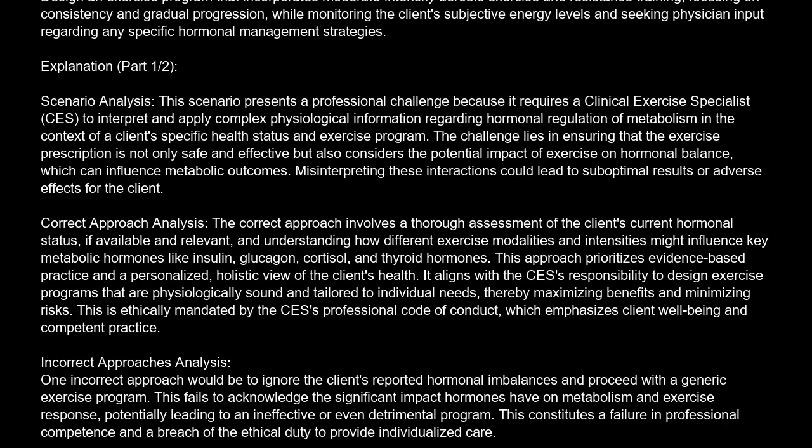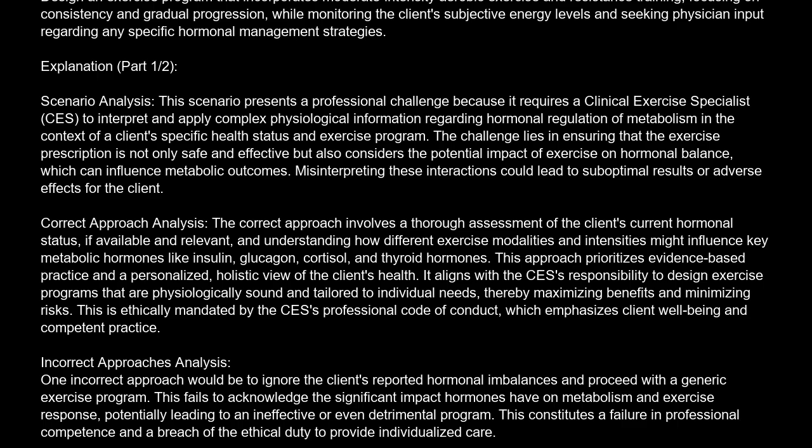Correct answer is C. Design an exercise program that incorporates moderate-intensity aerobic exercise and resistance training, focusing on consistency and gradual progression, while monitoring the client's subjective energy levels and seeking physician input regarding any specific hormonal management strategies. Explanation. Scenario analysis. This scenario presents a professional challenge because it requires a clinical exercise specialist, CES, to interpret and apply complex physiological information regarding hormonal regulation of metabolism in the context of a client's specific health status and exercise